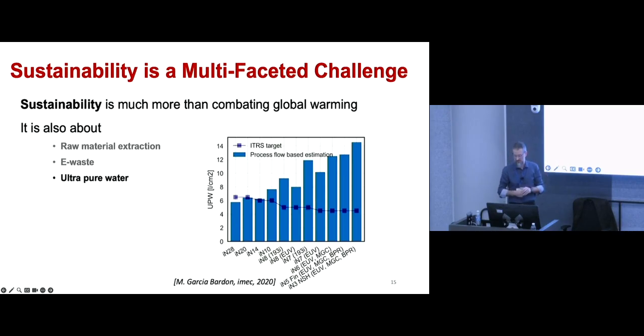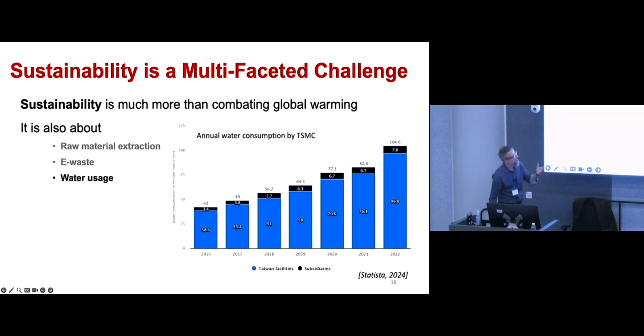That's my conclusion, yes. Here is a graph showing the total amount of water that TSMC is using on an annual basis. Around this time, it's about 100 million metric tons of water per year. It's a very abstract number, so I did the calculation last night, and it's about 100 Olympic swimming pools per day of water that they need in the manufacturing process.